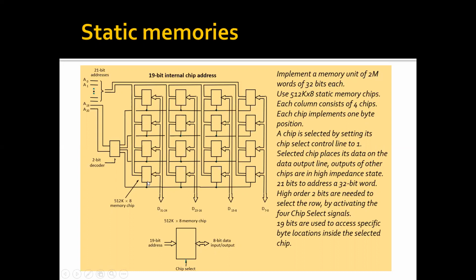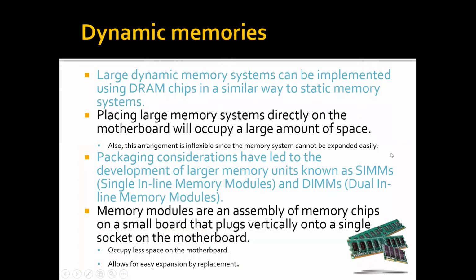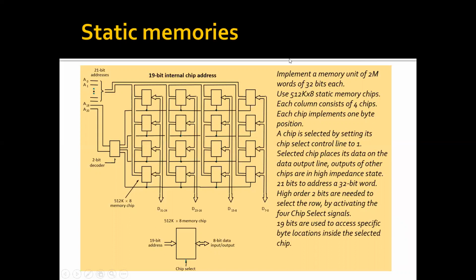So how have you got the rows? By dividing the total address size by the address size of one chip. While dividing the data bits by the chip's data bits, we get the number of columns. So that many cells are over here. Each of these cells that you see over here, each one is 512K into 8. As it is 512K into 8, we require